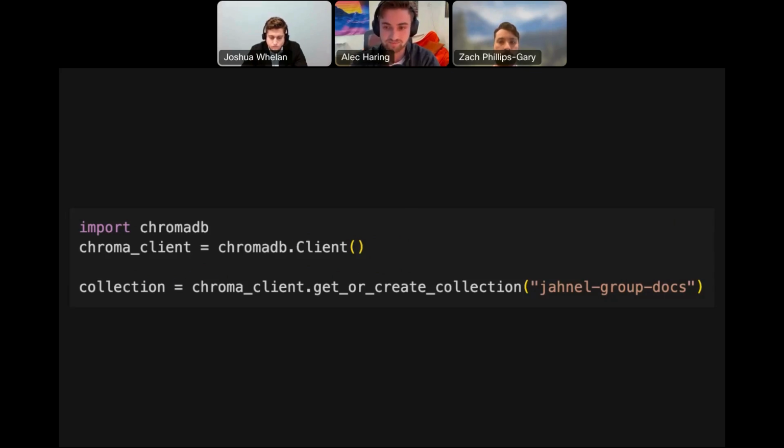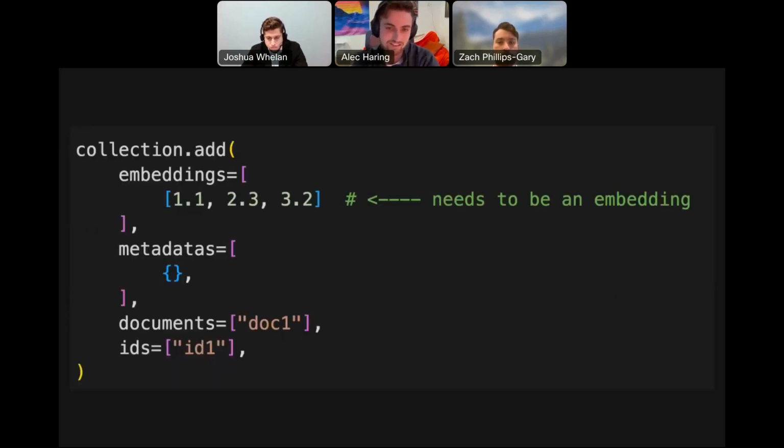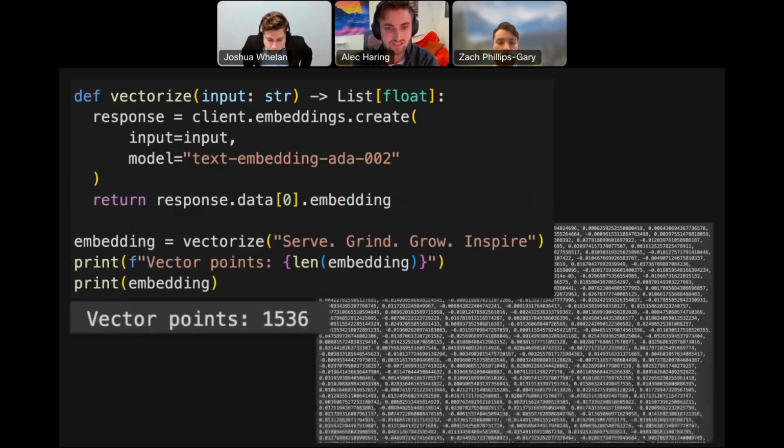So we'll create a collection called Jahnel Group Docs. But if we want to add anything into the collection, it needs to be in the form of a vector or an embedding. So let's add some functionality to convert our text into an embedding. That's where OpenAI's text embedding ADA2 model comes in. And we wrap the logic in a vectorized function, which takes in some text as input and then responds with